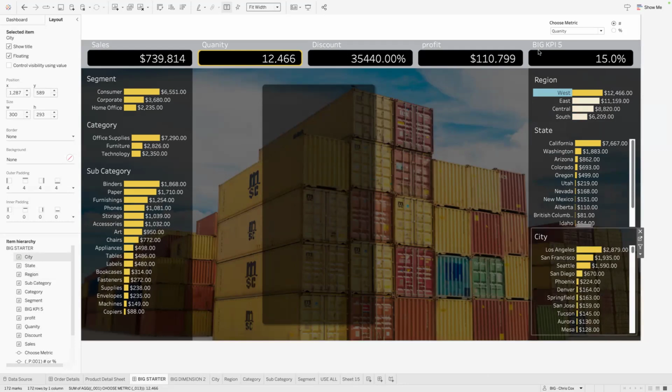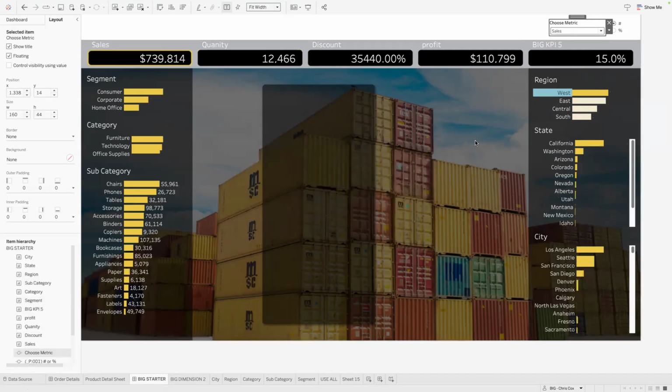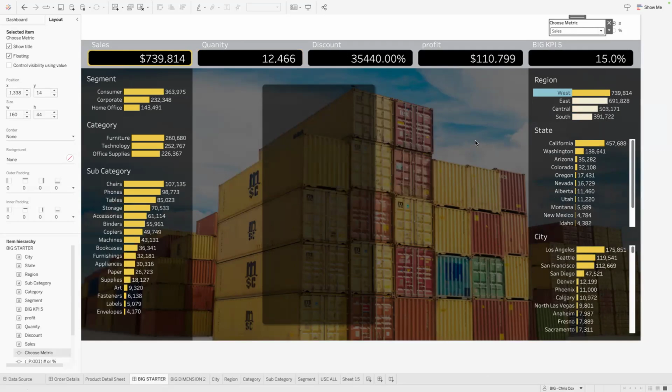And if I said, hey, I wanted to look at sales instead of the whole quantity, then yeah, I can go and actually do that too. So these are just typically how I build out dashboards anyway. It's just a much faster way to do it. Building one dashboard first and getting all of your metrics down makes it so much more clean.